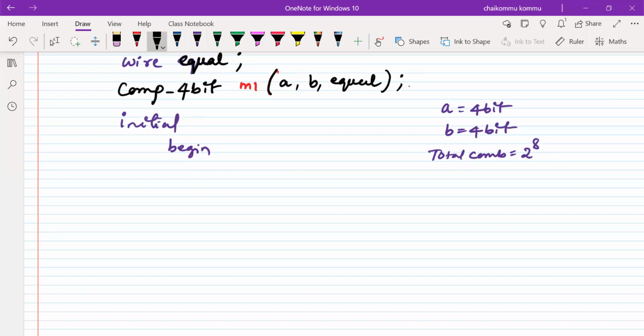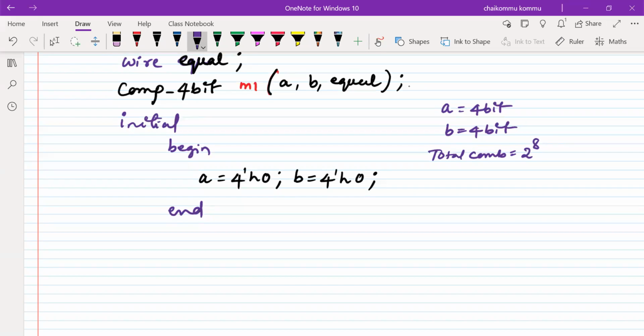Since I'm using 4 bits, it's better to write it in hexadecimal than binary, right? And B is also 4-bit, 4'h0. So at 0 nanoseconds of time, this is what is happening. I'm going to end this initial statement. Later on, A wants to change at some time, and B wants to change at some other time.